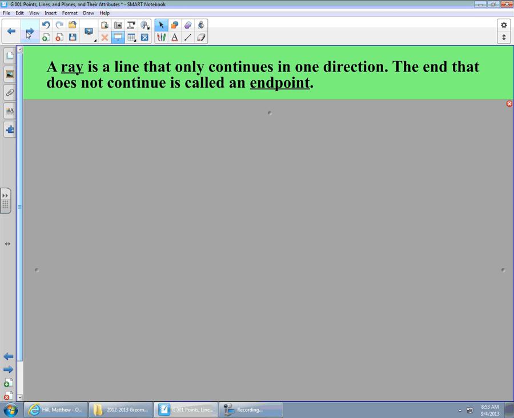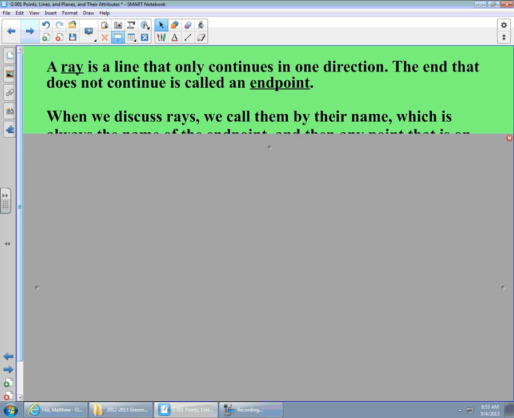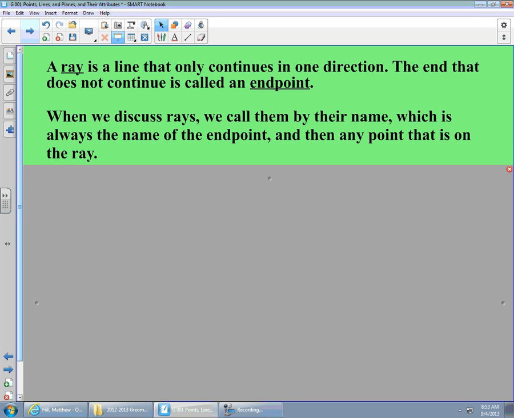Okay, a ray is a different kind of a line. A ray is a line that only continues in one direction. You're probably already familiar with what a ray is. The end that does not continue infinitely is called an end point. So while a line goes infinitely in both directions, a ray will have an end point, and the other direction